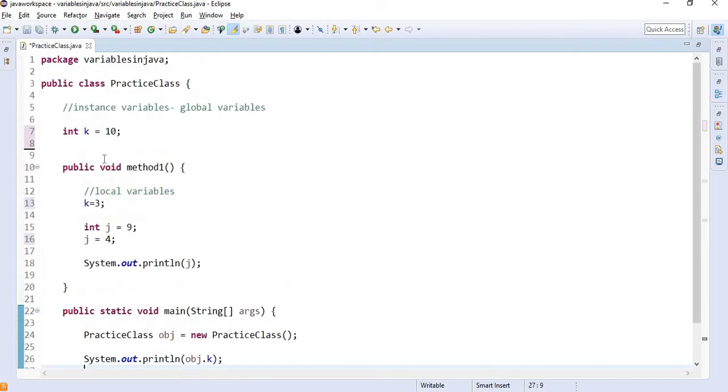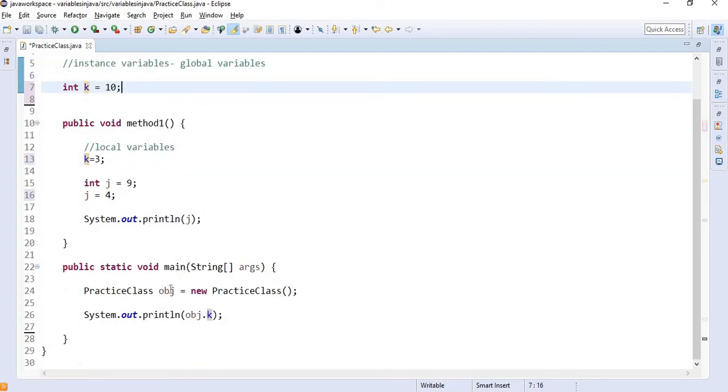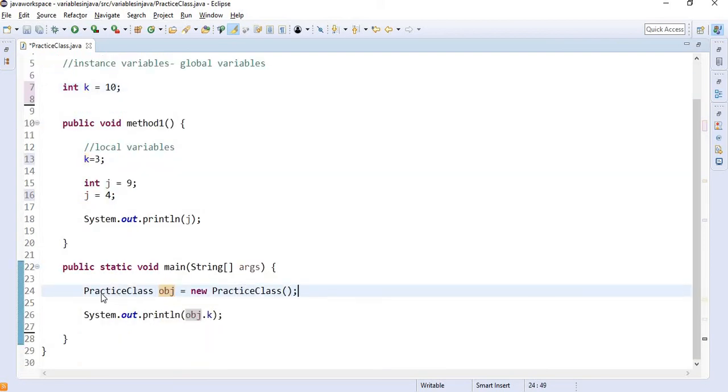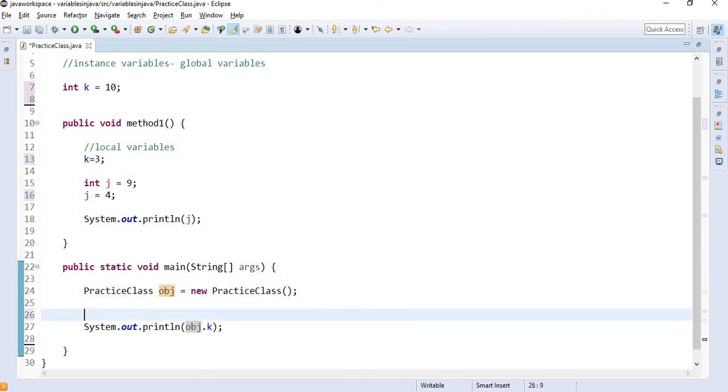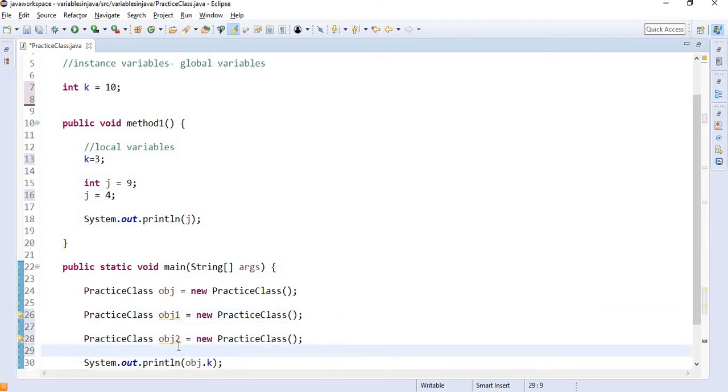And the last difference is, if I have created an object of my class, I will create one more object of my class. Suppose I have created one object as obj1 and then one more object as obj2. Then these objects will hold a copy of my variable.